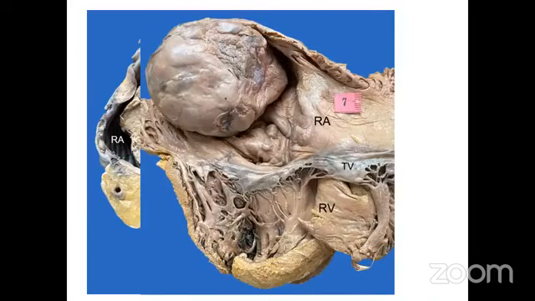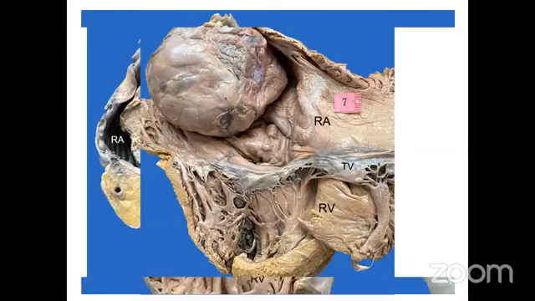Similarly, apart from thrombi and tumor thrombi, we can actually frankly have true tumors within the right atrium, and this was an incidental right atrial myxoma attached to the right side of the interatrial septum, and surprisingly, this was an incidental finding in a pregnant woman, and unfortunately, she presented with sudden cardiac death.